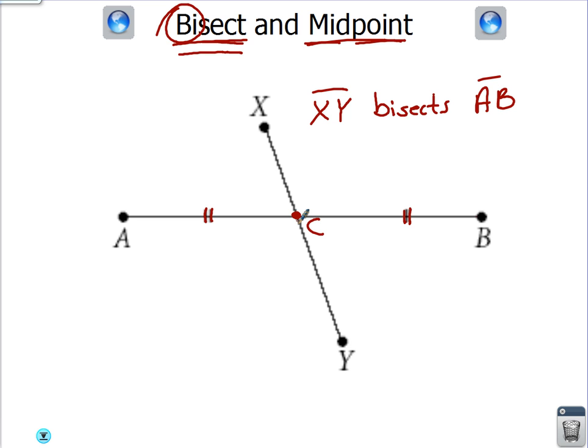Now, is C the midpoint of XY? We didn't say that. XY bisects AB, it cuts AB in half. I don't know, C might be the midpoint of XY, but we're not given that. Okay, with that said,